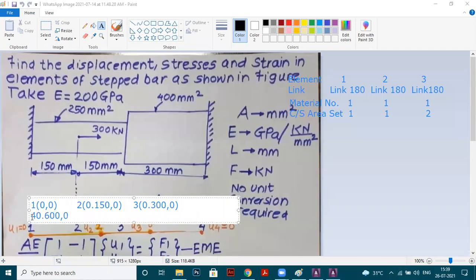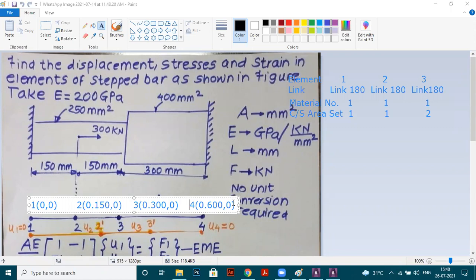Try to understand, I'm just trying to make it more and more simple. So this is node 1 at 0, 0, node 2 at 0.150, node 3 at 0.30, node 4 at 0.60, right?